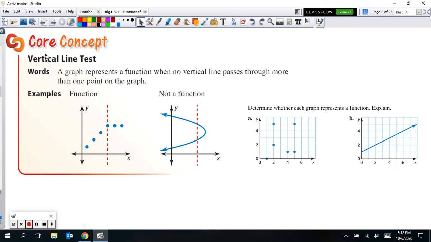Now this core concept is also in your notes. You can see it there. It's called the vertical line test. So if we're given a graph, that's another way we can identify a relation and a function. All graphs are relations, but not all graphs are functions. So in order for a graph to be a function, we can use this vertical line test, like this dashed line going down here. If you take a dashed line, you kind of go across the graph with a straight vertical line. If you touch that anywhere on the function,